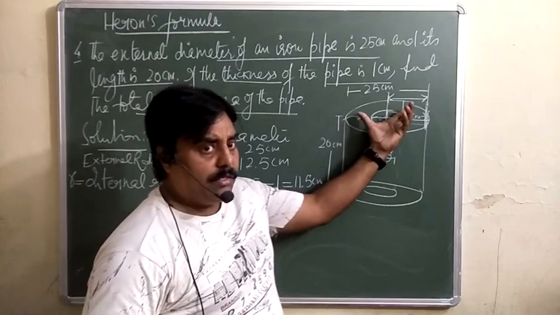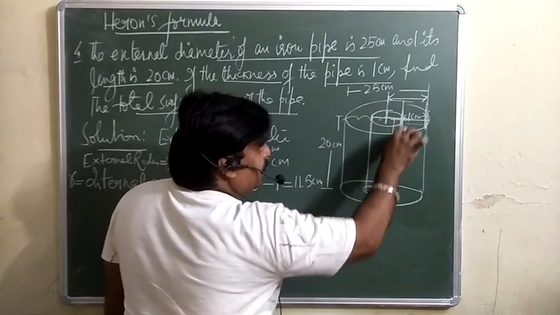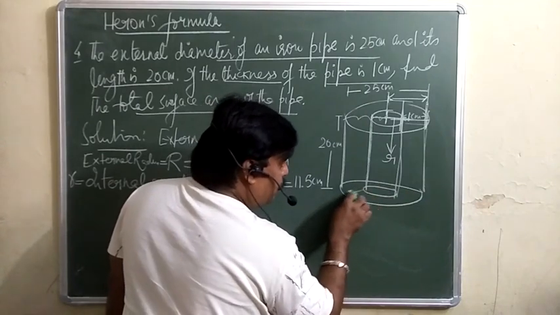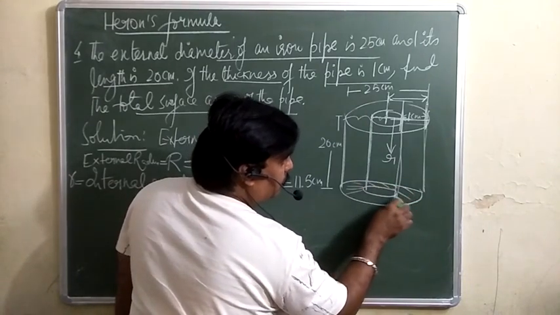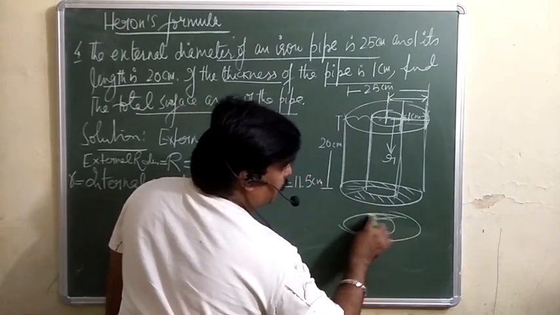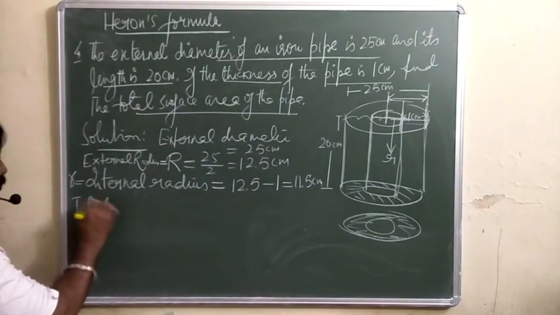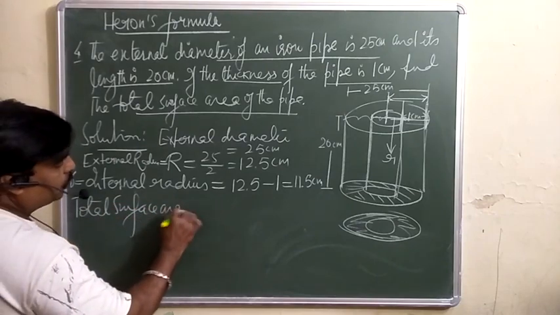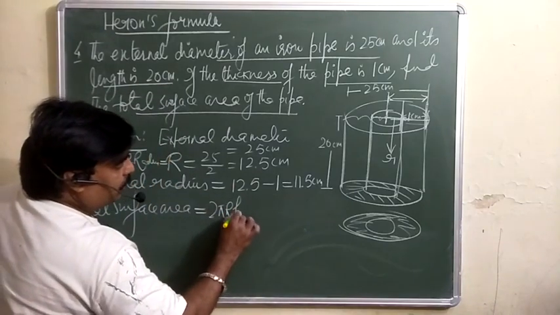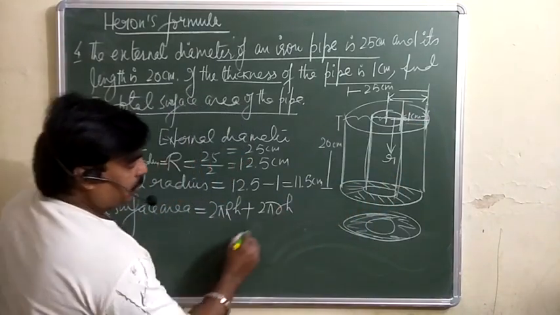Now we are interested to find the total surface area. We are interested in this portion, the inner one and the outer one, and this portion here also. So that will be your total. What will be your total surface area of this hollow pipe? First take the outer one, capital R. That is 2 pi capital R into H plus this inner one, 2 pi small r into H, plus